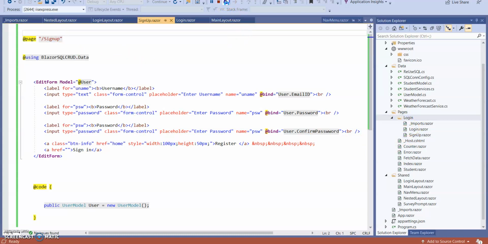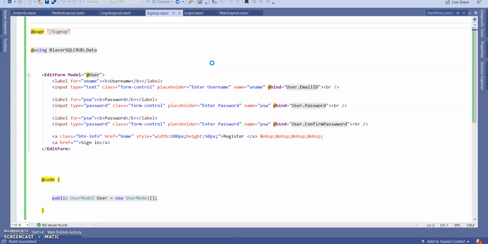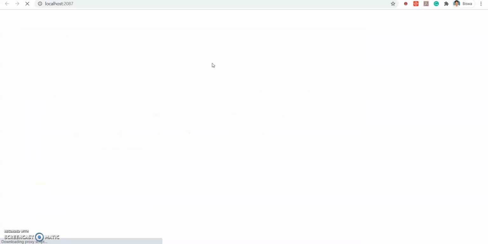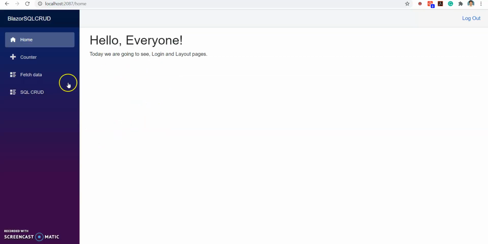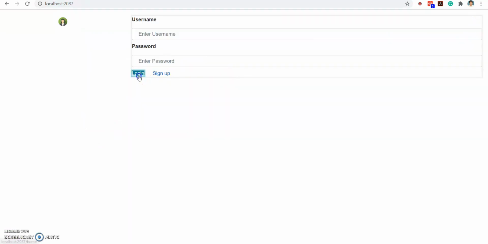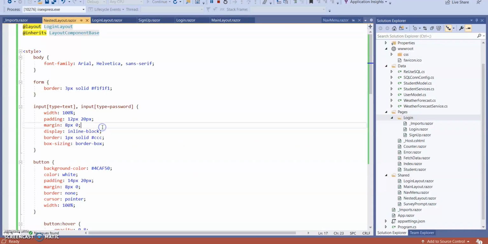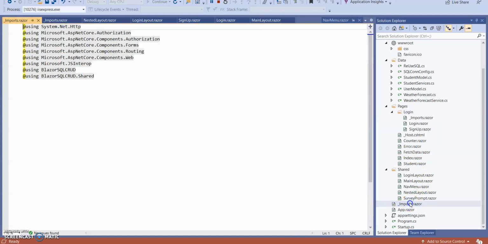So rerun the application. You can see here sign up, register, we can log out, we can log in. We are doing reusability with nested layout, and we are doing reusability of code in imports razor. The same thing we can do like the imports razor we already have.